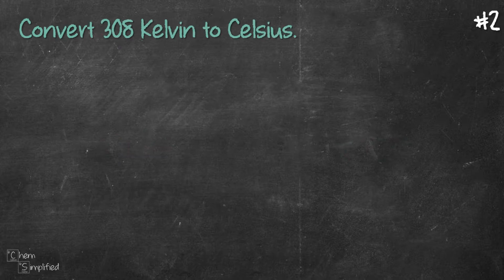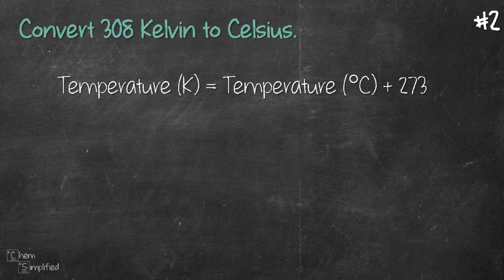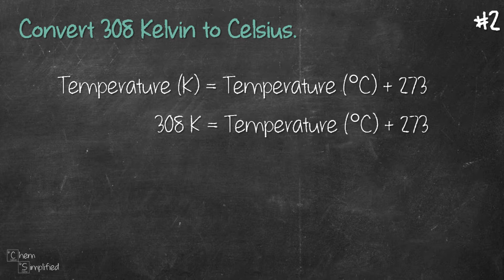Next example. We are supposed to convert 308 Kelvin to Celsius. If we look up the relationship between Kelvin and Celsius, this is it. Temperature in Kelvin equals temperature in Celsius plus 273. So if we plug in the value for temperature in Kelvin, that gives us 308 Kelvin equals temperature in Celsius plus 273. Now we need to solve for the temperature in Celsius, which means we need to get temperature in